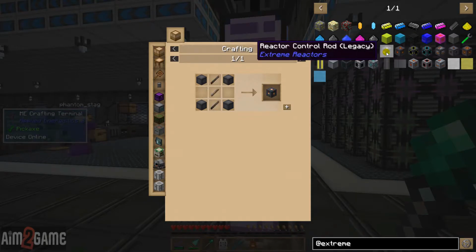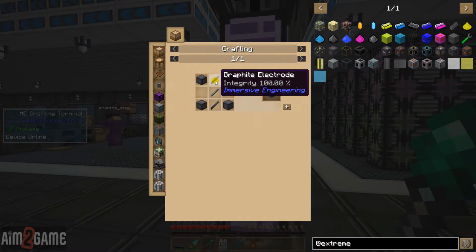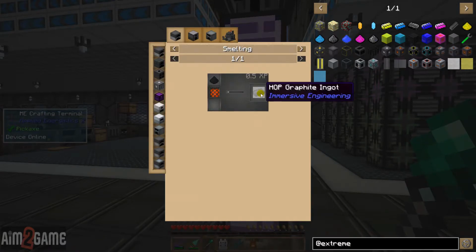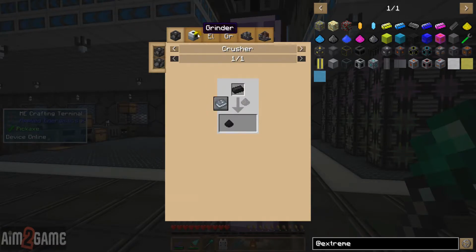What other things are reactor control? Oh, we're going to need graphite electrodes. Oh my god. That's half the fun of this, is listening to you complain. I have to make them with high graphite ingots. Yep. With the metal press. I have to. Yes, I don't have a choice. That's correct. And to get the high graphite, I need high graphite dust, which comes from basically the only thing I have access to at the moment